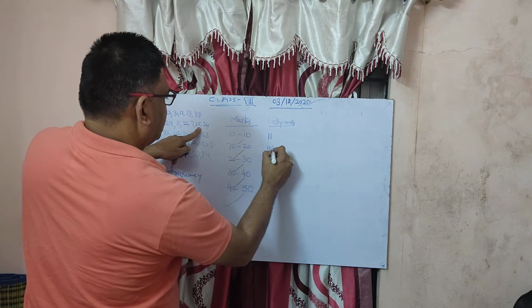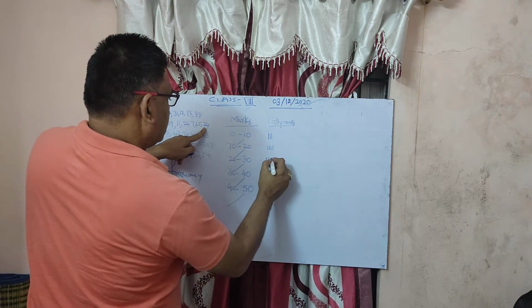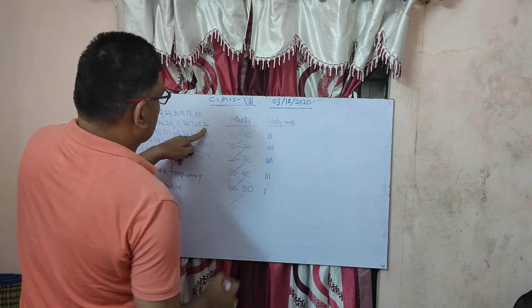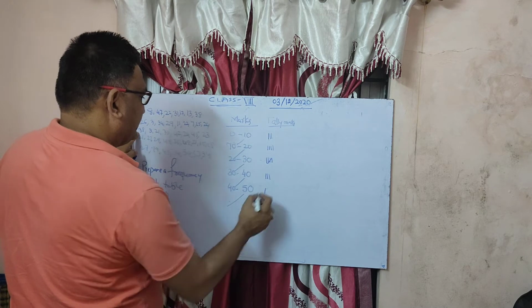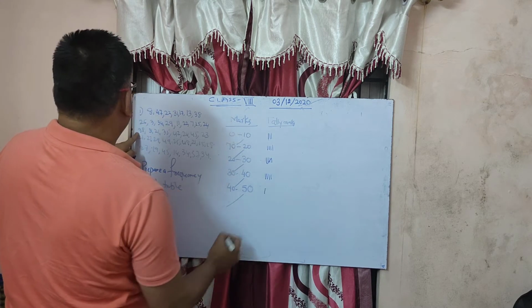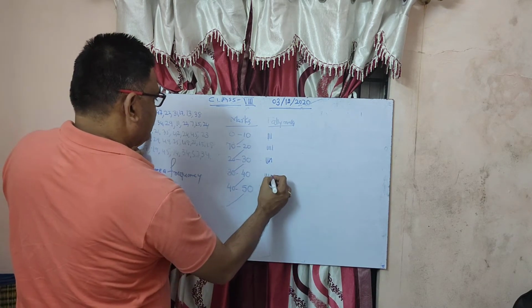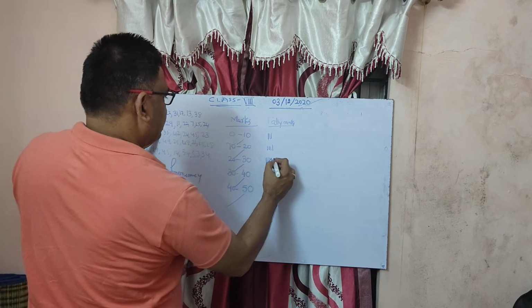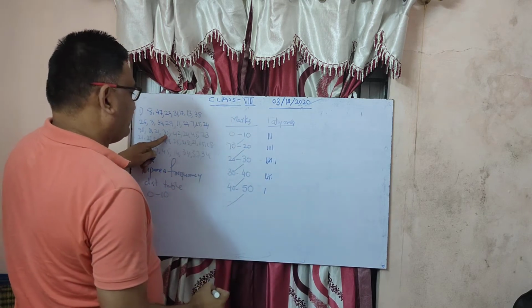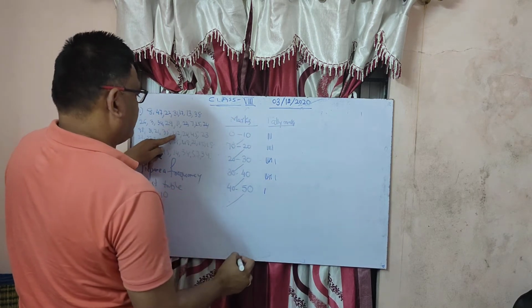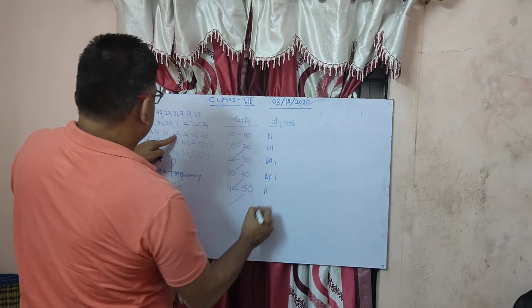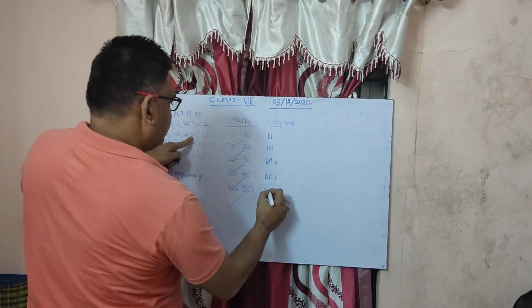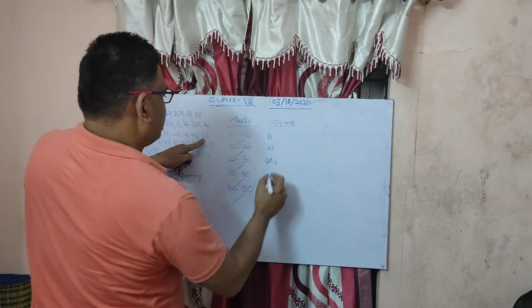15 here. 24. Now already 4 are there, so the fifth will be just across it. Now next one is 38, it will be here. 31 will be here. Now the fifth one will be a cross. 21 will be here, 35 here, 42 here, 24 here, 45 here, 23 here.